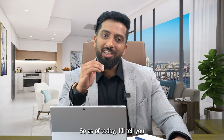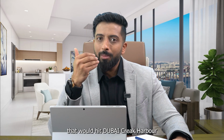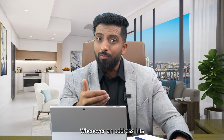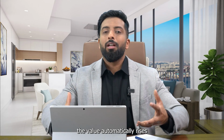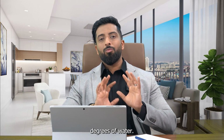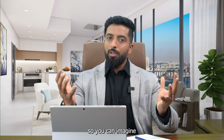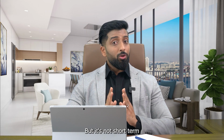So as of today, I'll tell you the next immediate factors that are going to hit Dubai Creek Harbour. Address Grand is going to launch. Whenever an Address hits in any location, the value automatically rises. The metro stations are going to hit. The island is going to be surrounded 360 degrees by water. It's going to be one of those first successful islands post, of course, the Palm. So you can imagine the sort of appreciation the area will receive, but it's not short term, it's a long